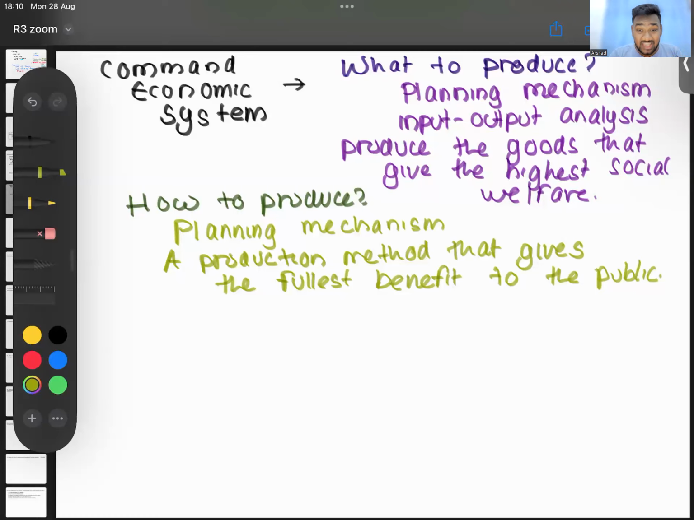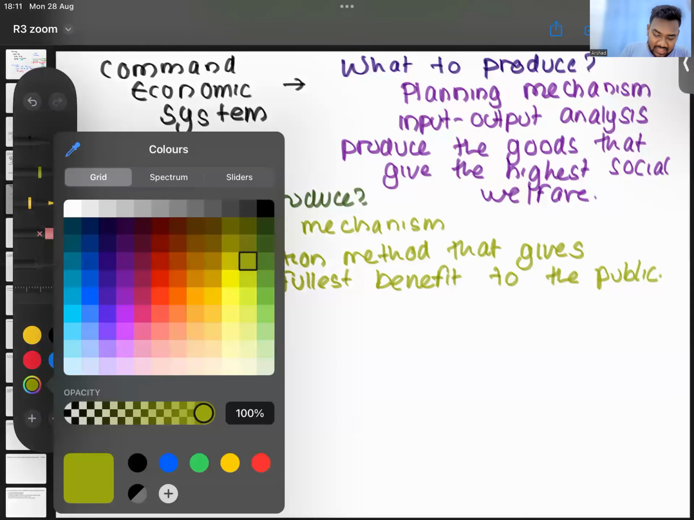So that is what we say. They will select a production method that gives the fullest benefit to the public. So remember, it doesn't always have to be labor intensive. Whatever method is giving the highest benefit to the public, they will do that. That's how they decide on how to produce. Then the last question we have is